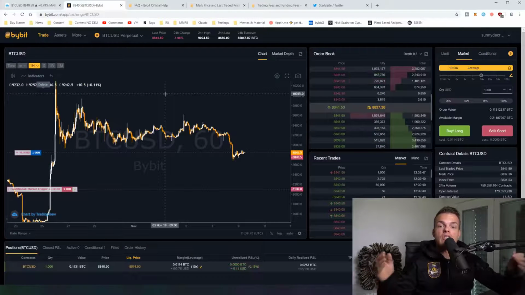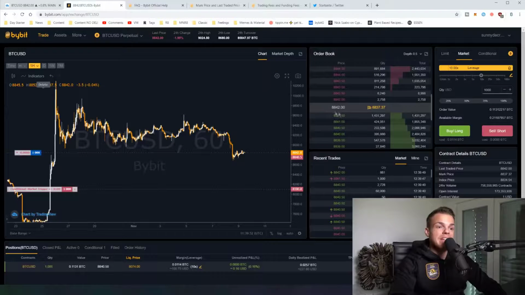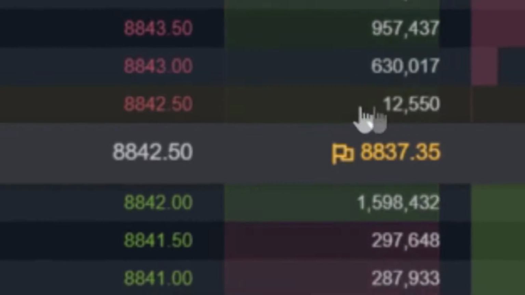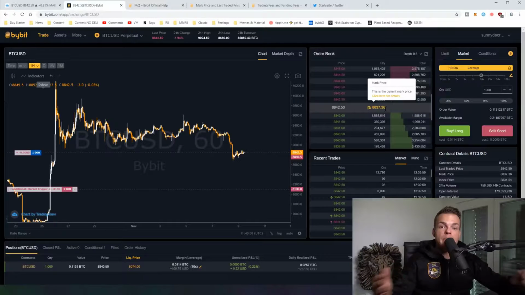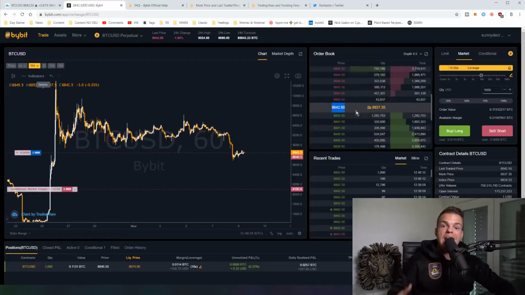Now let's talk about the contract versus the mark price. Quite simple. The price here on the left side in the order book is the price of the actual contract, the price of the perpetual swap. The price on the right side is the mark price. This one is getting built from an average from different exchanges, plus a little extra. We're going to look at that in a second. What's important in here is pretty much everything is based on the contract price, when you buy, when you sell, and so on. But, and here it's getting very important,